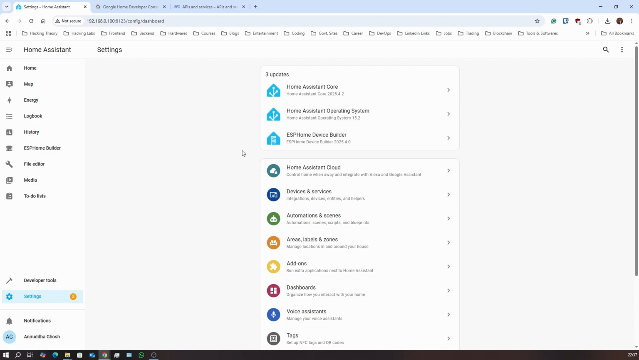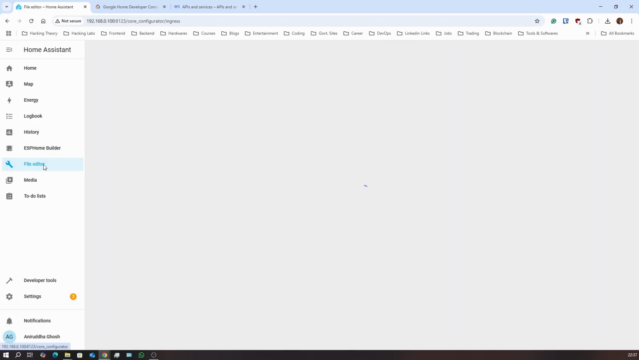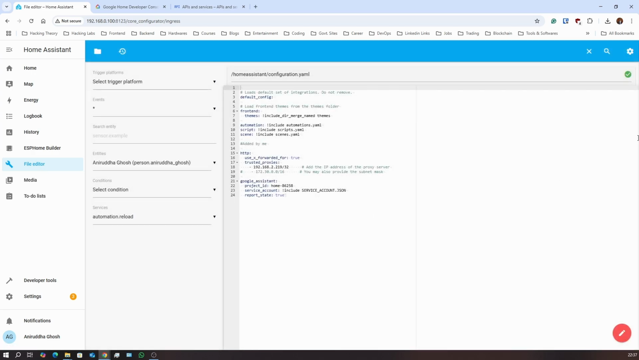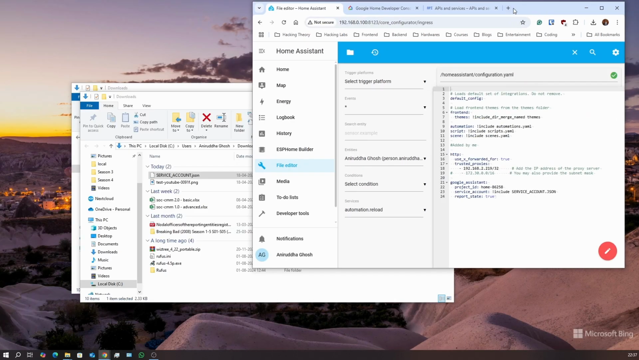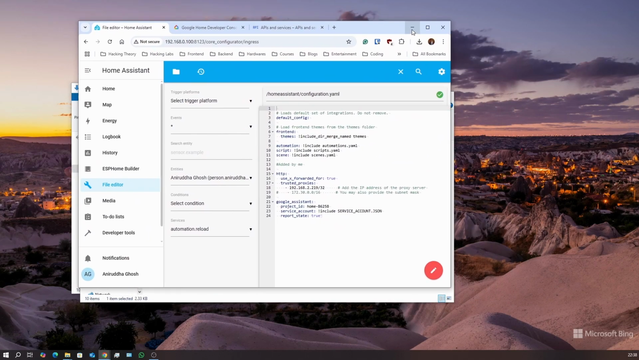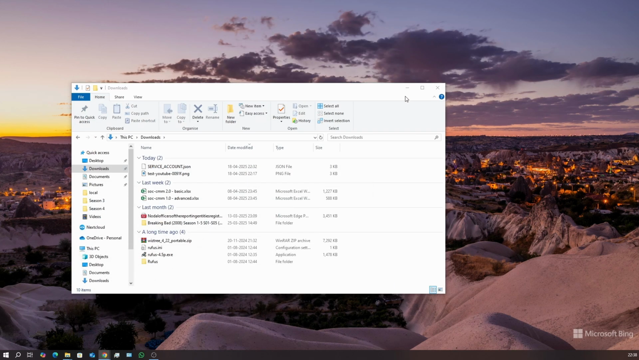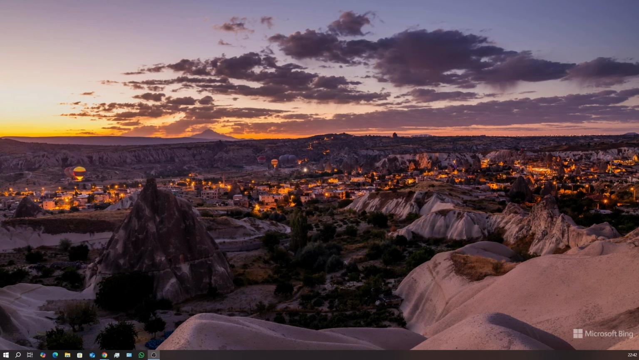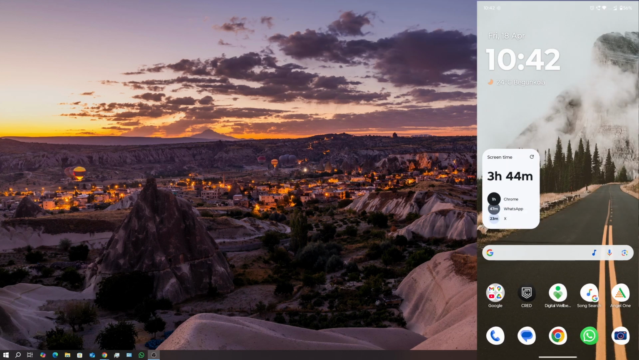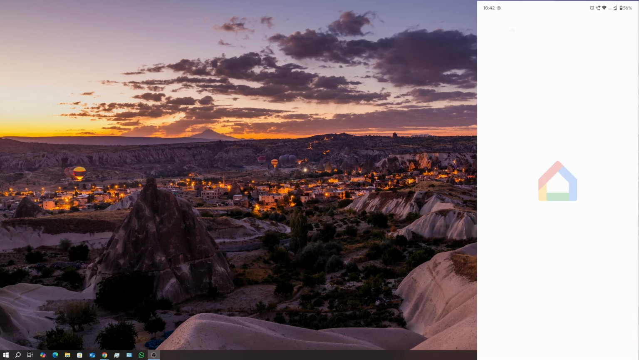So I'll go to this thing, file editor. I'll just keep a little bit of space here. Maybe I'll minimize all these things. Okay, so now what we'll do, we'll just open our Google Home app, and here we have to go